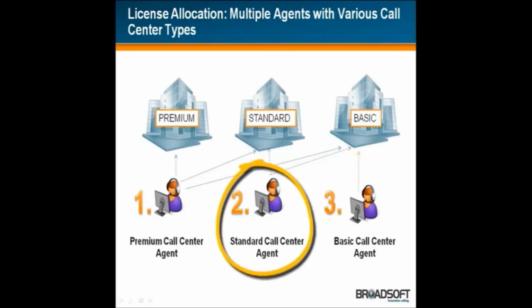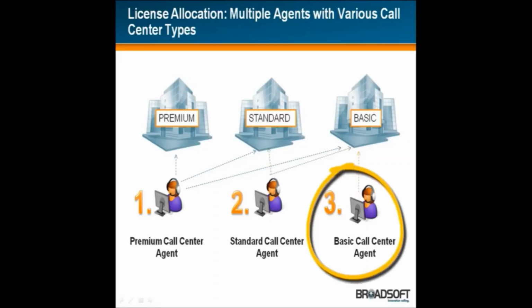Agent number 2 represents a standard call center agent. If a user is assigned a standard call center license, they can be assigned to any standard or basic call center within that Enterprise group. Agent number 3 represents a basic call center agent. If a user is assigned a basic call center license, they can only be assigned to any basic call center